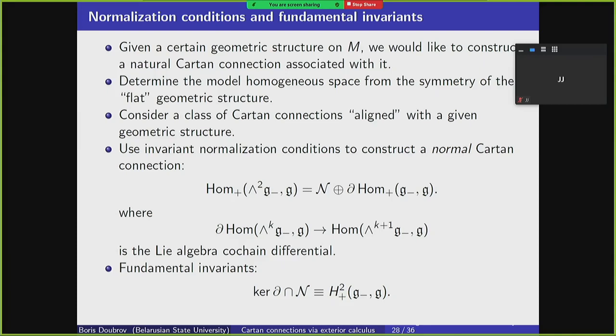If G is semi-simple, there is a wonderful Kostant theorem that tells us how to compute this cohomology in terms of root systems, and there are computer implementations available. So today, anybody who deals with the case where G is semi-simple can in 5 minutes compute this cohomology even online. In particular, just understanding what your model is gives you the understanding where to look for fundamental invariants of your